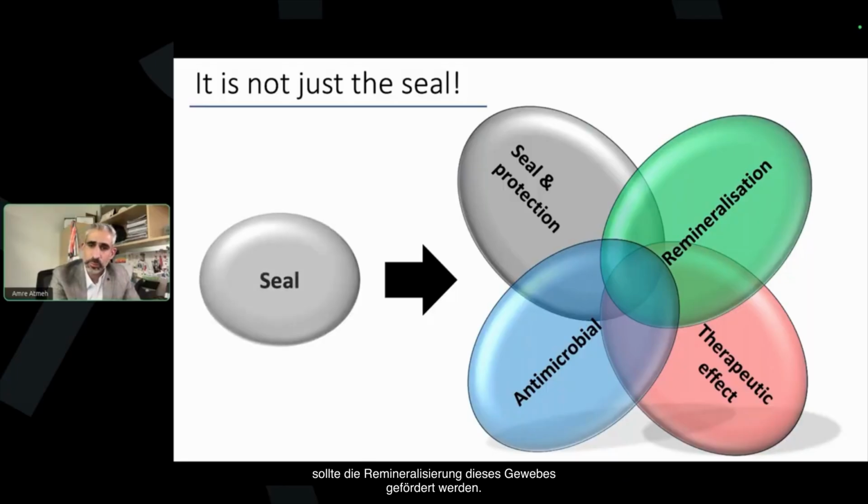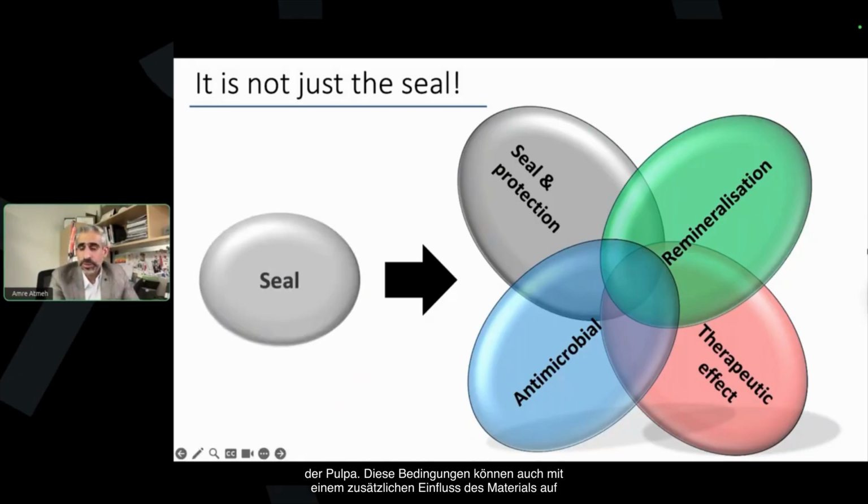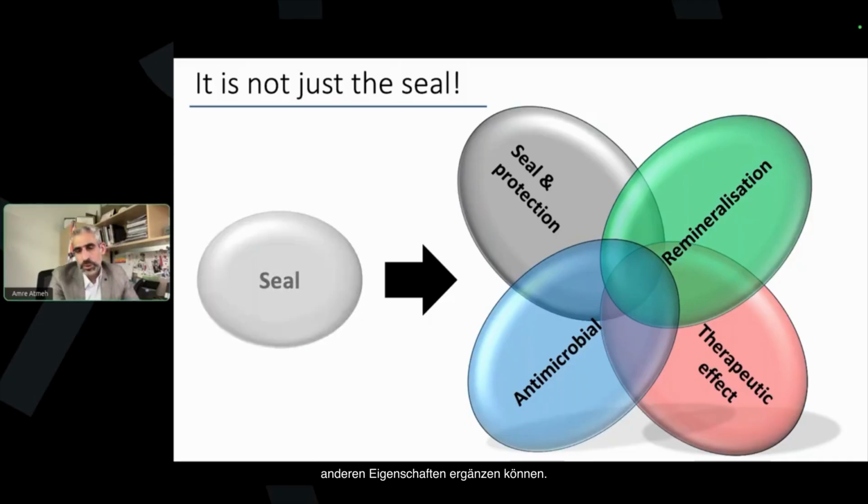Beside the seal and protection, you have the capability of these materials to induce remineralization, which is much wanted if you're removing dentine selectively and you want the caries affected dentine to remineralize. It also provides a therapeutic effect to the pulp, and that's the most important part, because as I said, you're providing the best conditions for the pulp to heal and repair, and those conditions could also come with additional